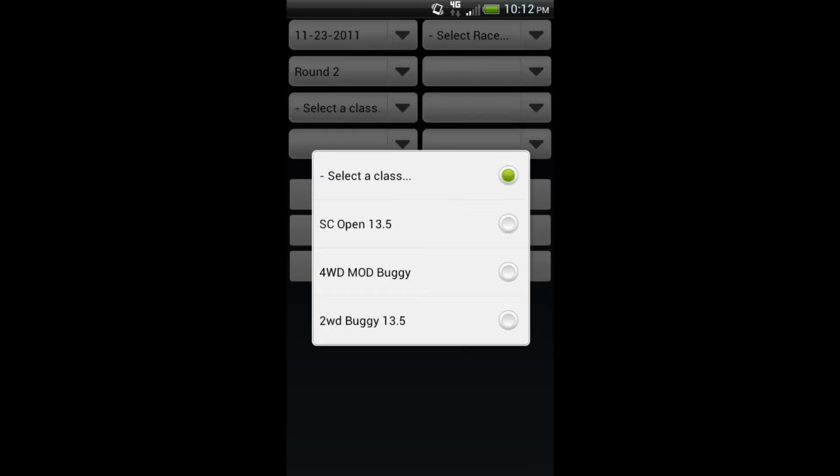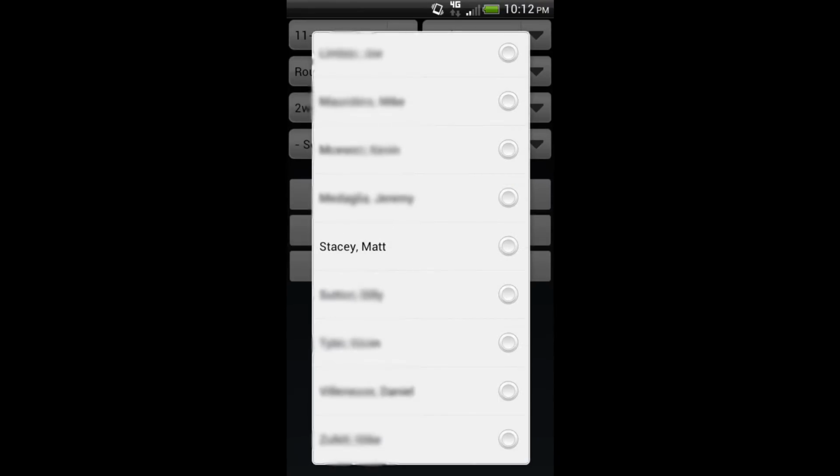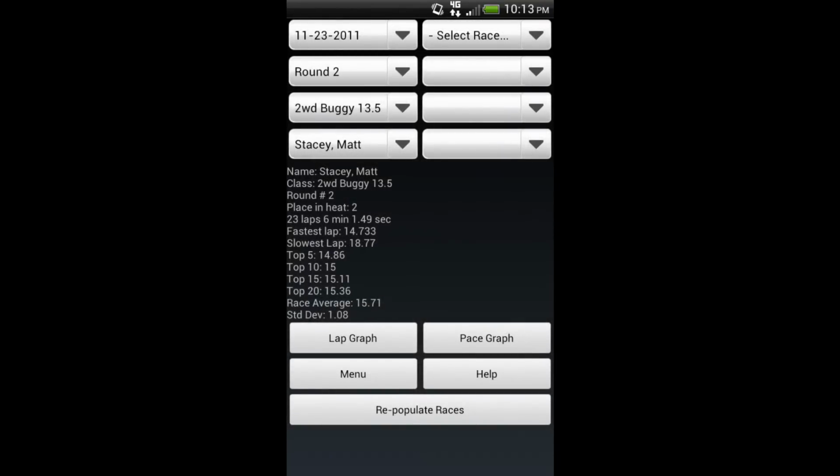Once you have selected a class, you can then select any racer that raced in that class. Once the racer is selected, that racer's results will be loaded to the screen. The data loaded to the screen include name, class, round, place in heat, total laps and time, fastest lap, slowest lap, top 5, top 10, top 15, top 20, the race average, and the standard deviation, which can be used